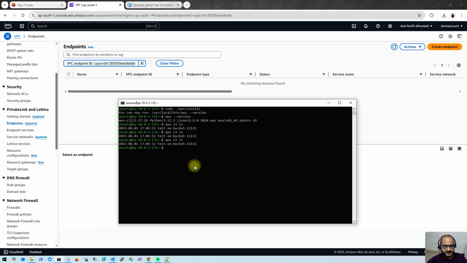Okay, if I again type aws s3 ls, now we will not be able to access it because we don't have any endpoints, and this particular EC2 instance is on a private subnet. So it's not working. Otherwise it took milliseconds to list the name. Let me cancel this. Now let me exit from this virtual machine, and I will come back to my